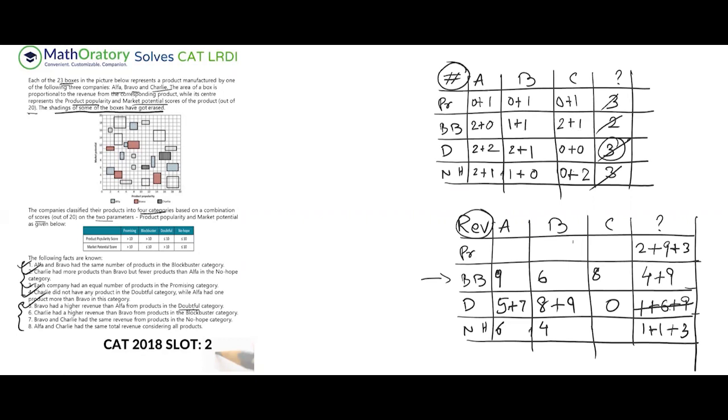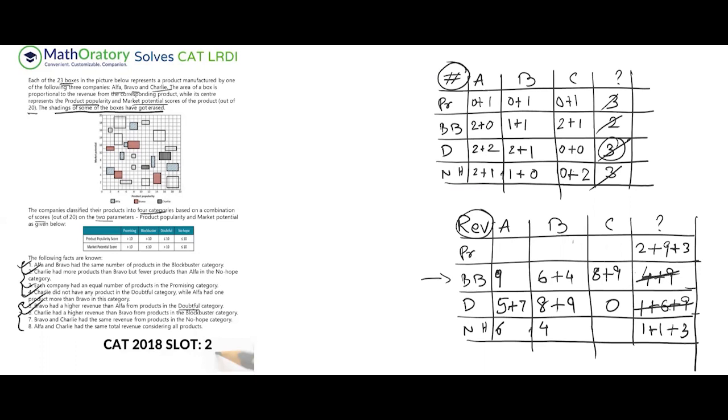Now, if I, again, same idea, if I transfer 4 here and 9 here, then Bravo becomes higher, right? But Charlie needs to have a higher revenue. So obviously, then this needs to get the 9 and this needs to get the 4. So pretty simple, right? So we transfer the 9 here and the 6 here. So this part is also taken. Next, point number 7. So 6 is done.